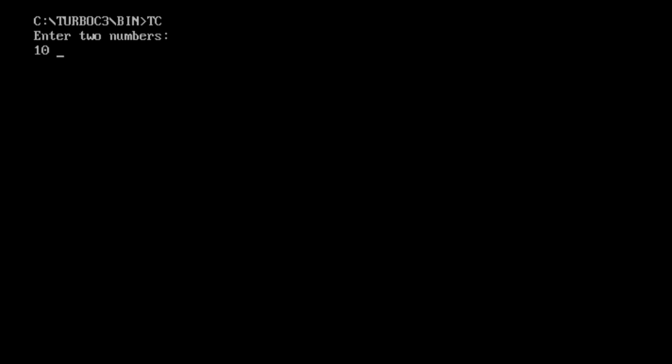10. For entering the second number, it should be separated by a space like this. For example, you are entering two values 10 and 20, like this. The program will not consider these two values as two separate values. It will consider it as a single value, that is 1020. So for entering different values, they must be separated either with the help of a space, this is the first way, or directly you can enter each value on a new line.